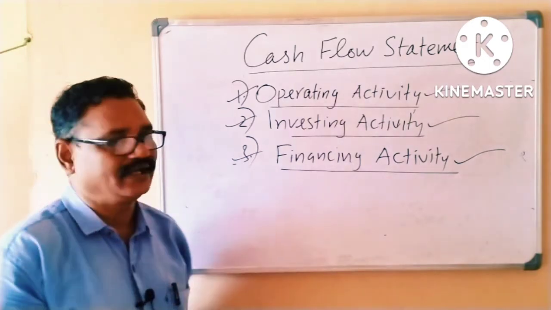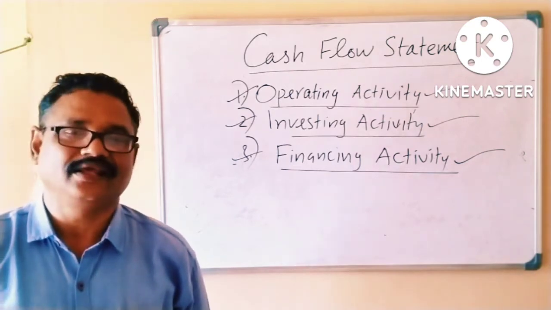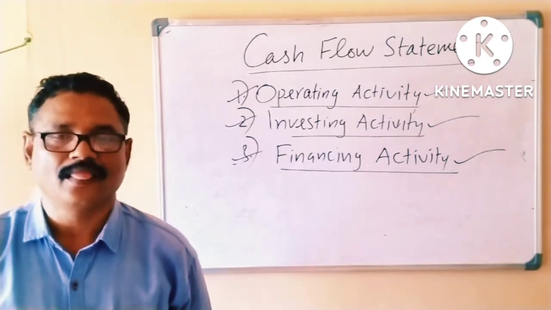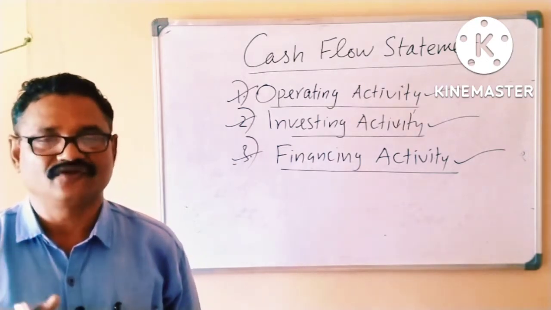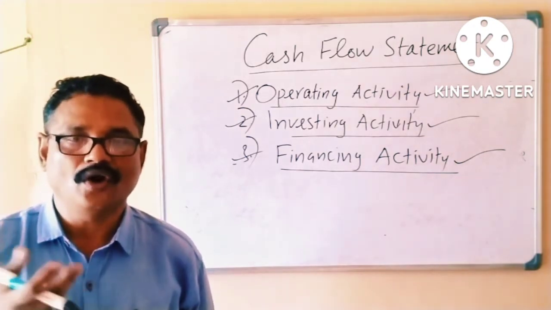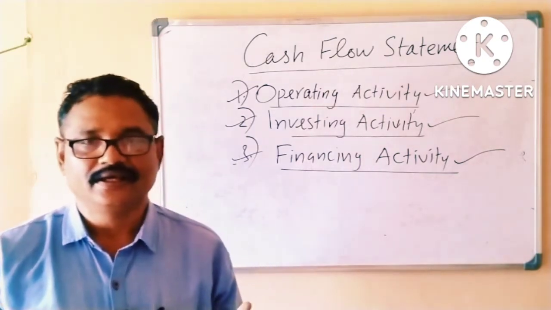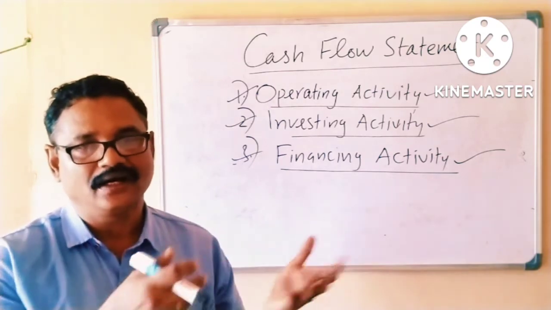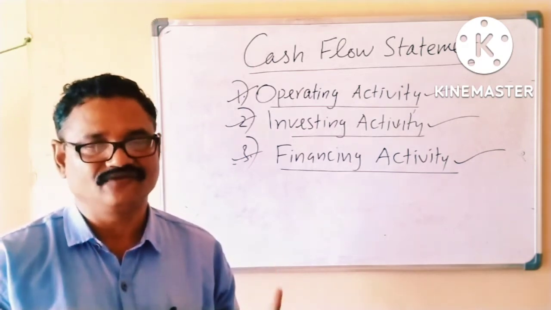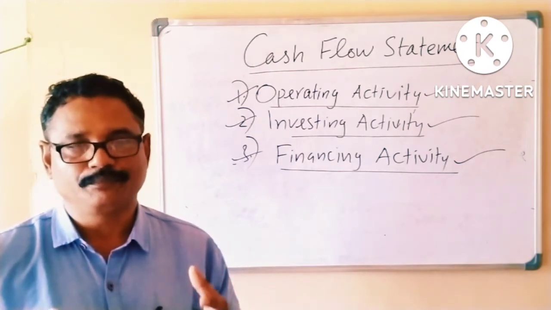So next, investing activity. Investing activity is nothing but an investment category. Usually, in this heading, we will deal with the purchase of new assets for the firm or company, or selling of old assets. When we purchase new assets for the company, we have to pay money to the outsider or the supplier from whom we purchase the asset. To that company we have to pay money, so that payment is called